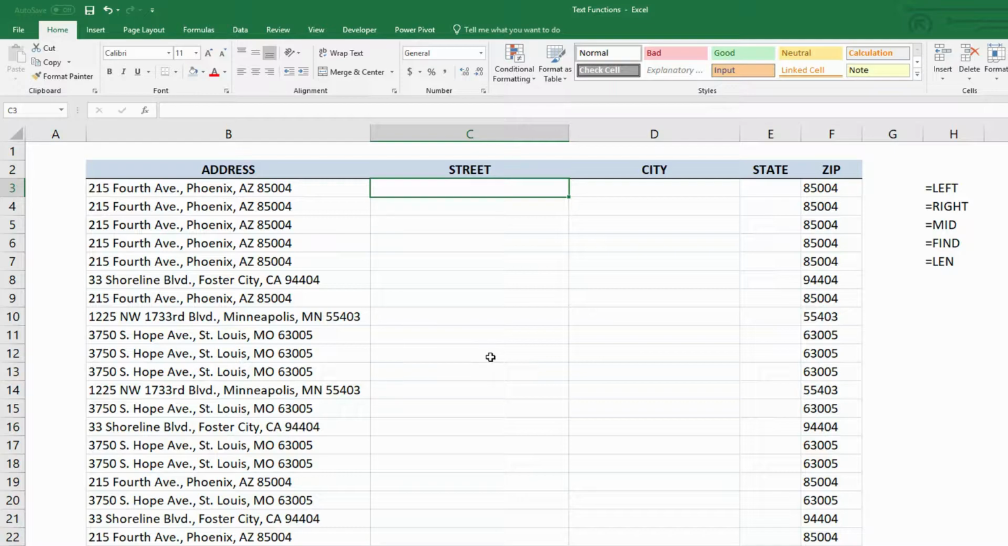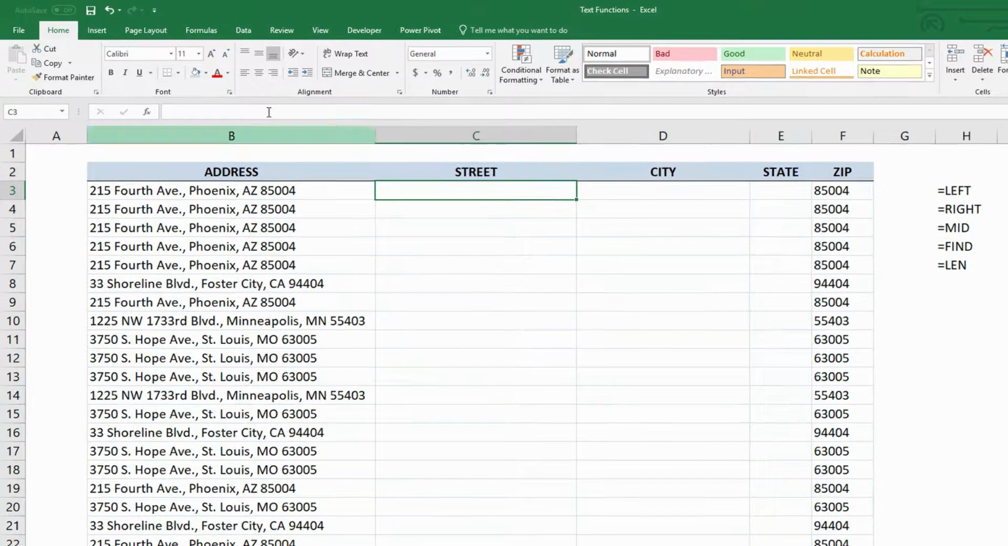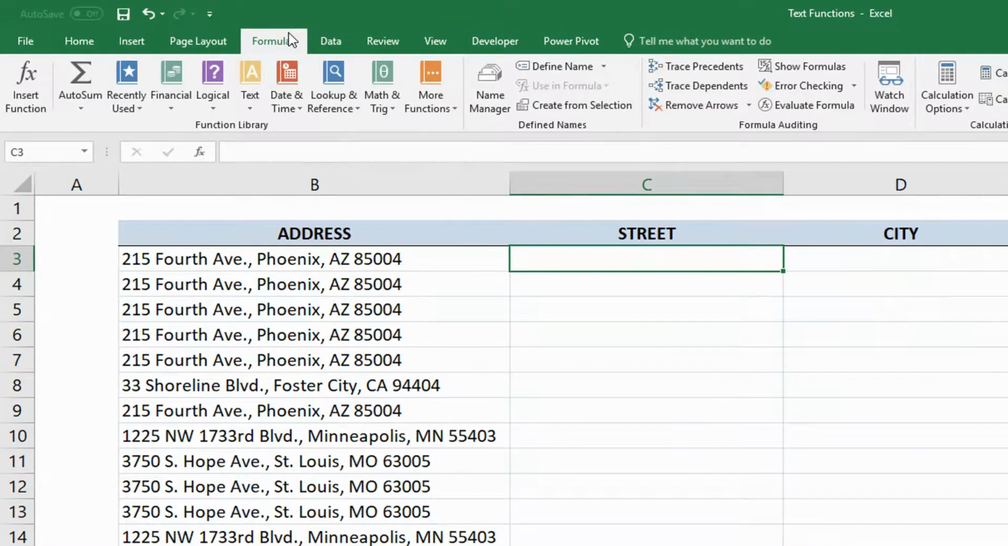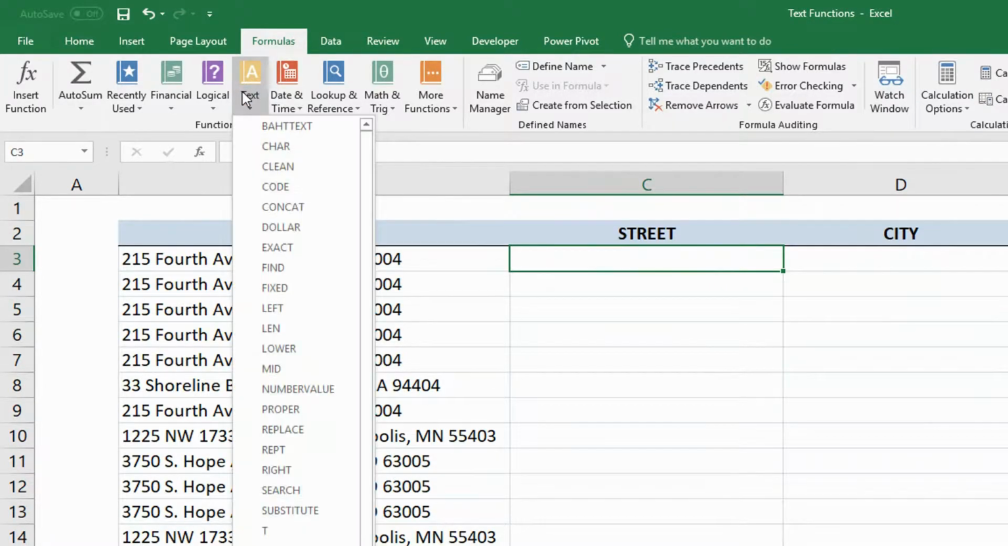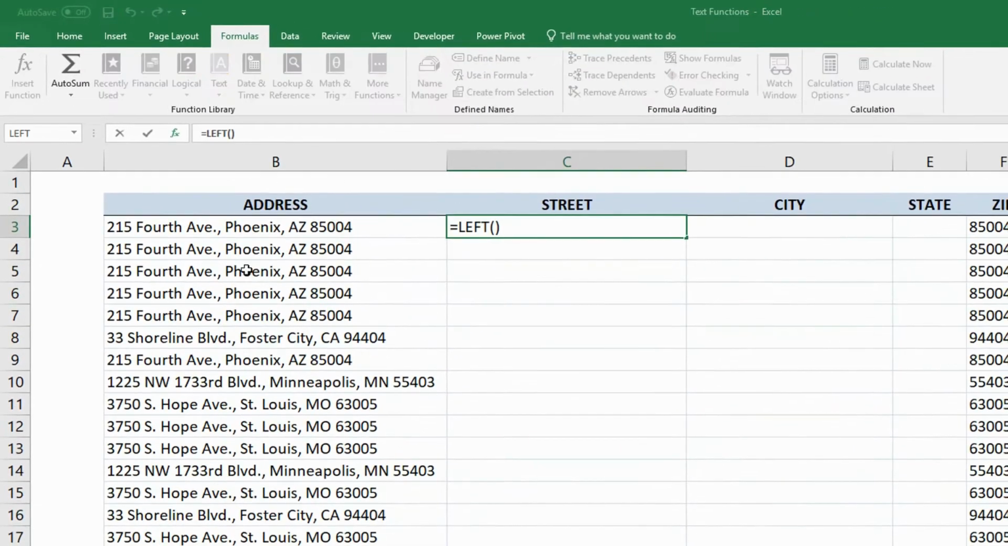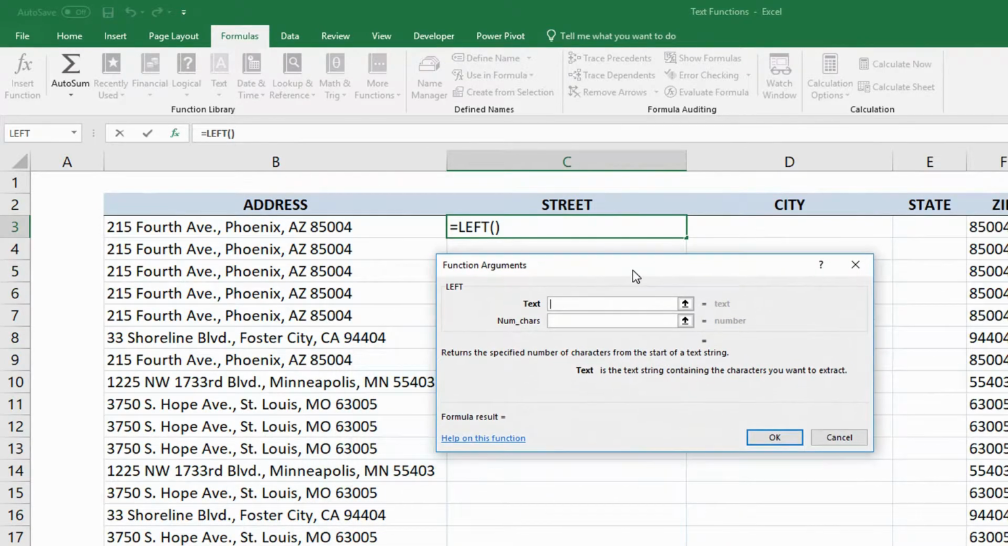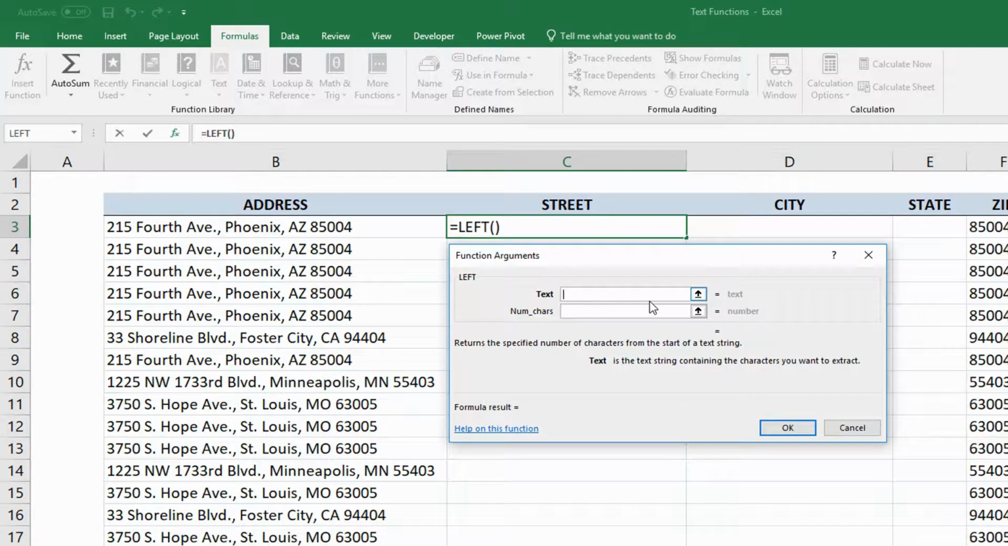To make it as easy as possible to see, I'm going to pop open the Formulas tab at the top of the screen, use my text drop-down menu, and start the left function. Okay, so the left function asks the same question the right function did. Where's my text and how many characters am I interested in? The text is in cell B3, but here's where we run into the problem. The number of characters is indeterminate. So here is where we use find